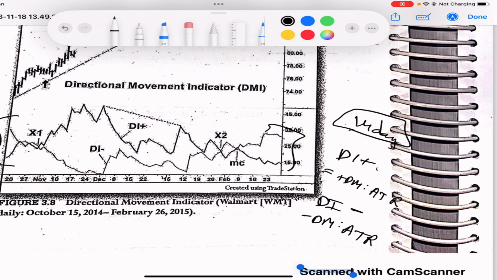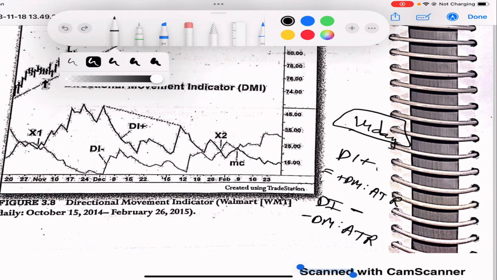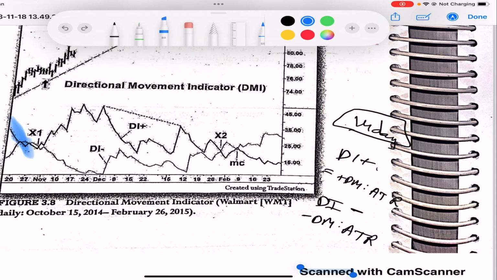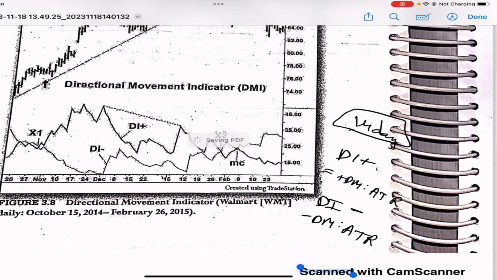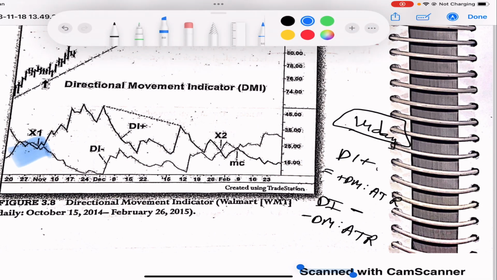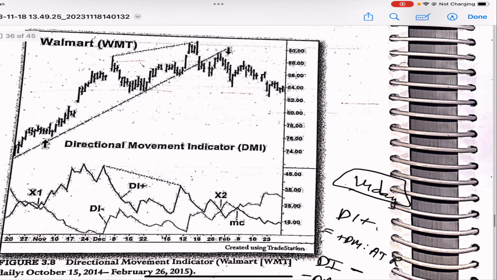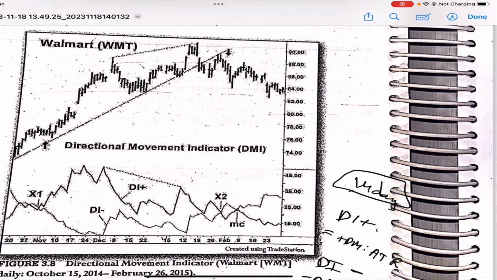Now both of them are plotted over here. You can see that this one is DI minus, which shows the negative effect, and this above line shows us the positive one. Keep that in mind. And there are places like X1, like X2, where they are basically crossing over each other. Now how are we going to use this as a particular methodology to trade? Now, if my plus directional movement indicator crosses my